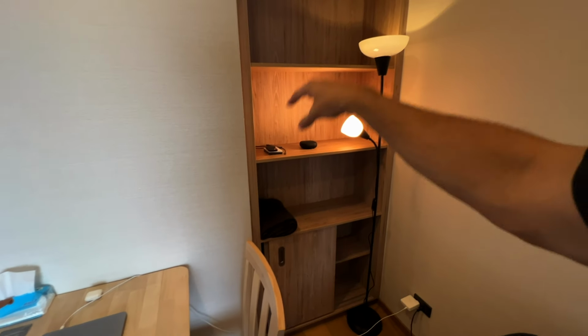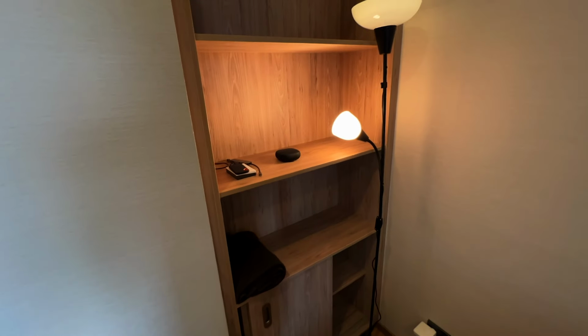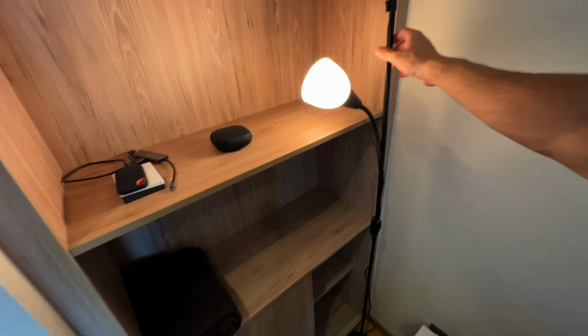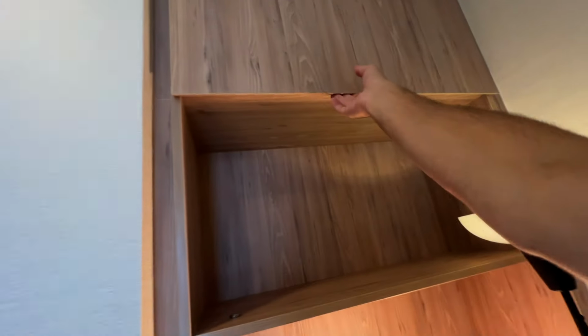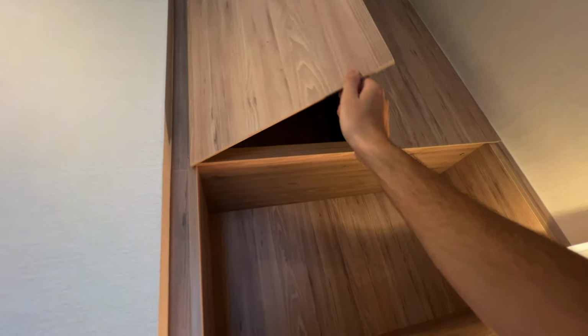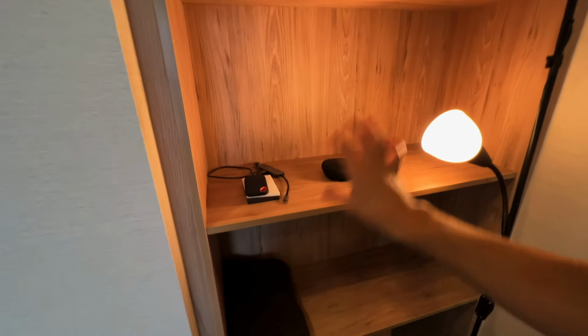We've got some more storage cabinets here. This is where I like to put my Bluetooth speaker, some random computer accessories, like wires, hard drives. We've got this lamp here that looks like it's from IKEA. One of the bulbs is very light, the other one pretty dim. And then some more storage cabinets up in here as well. Very neatly tucked into that corner of the wall,